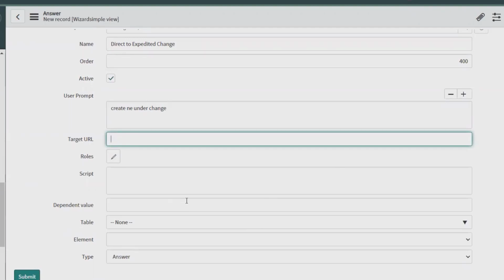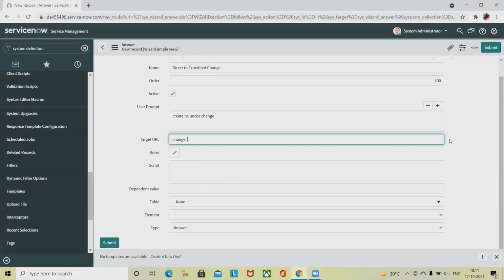Maybe you can do change_request.do?sys_id=1 and sysparm_query=type=expedited. This parameter is enough for you to provide the details. So let's add this change request